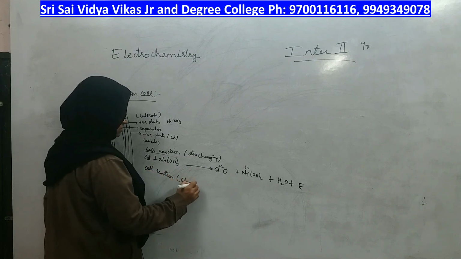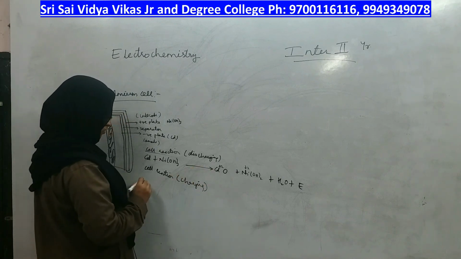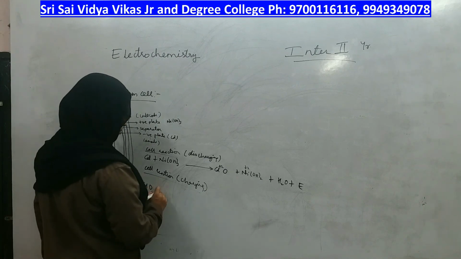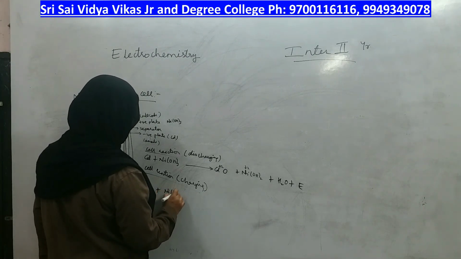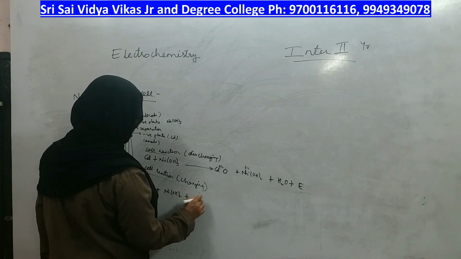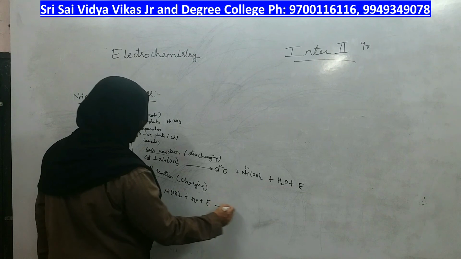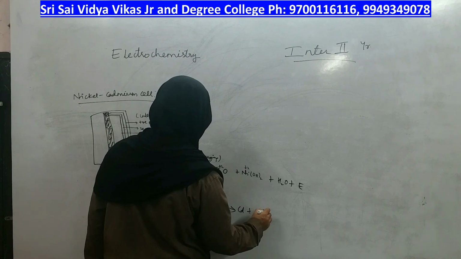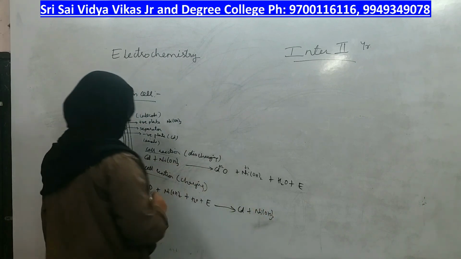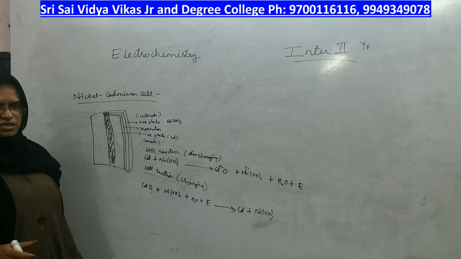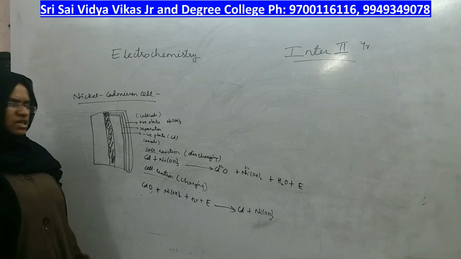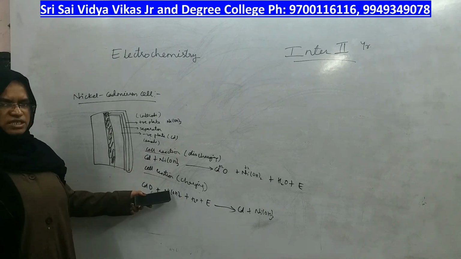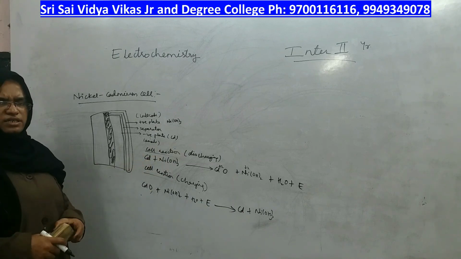for charging. Now, what we have to write is exactly the opposite reaction: cadmium oxide plus nickel dihydroxide plus water plus charging, meaning you are giving the energy, and exactly the opposite reaction takes place and the cell becomes 100% charged. After getting 100% charged, you start using the battery again, and the opposite reaction takes place, followed by charging. This reaction takes place followed by discharging, and it takes place alternately.